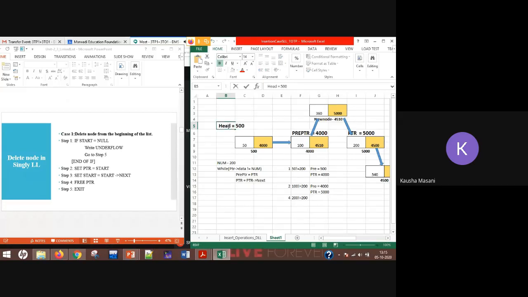So what I'm going to do here is, along with head, I'm going to have one more pointer called ptr. So now these both pointers are pointing at 500, right? Now what I have to do, I have to move this head pointer. Why? Because I want this memory to be freed up. We are concerned with dynamic memory allocation. We are using malloc to allocate the memory. So here we are going to use the free function of DMA to free up this memory, this 500 memory which is pointed by this memory address 500.